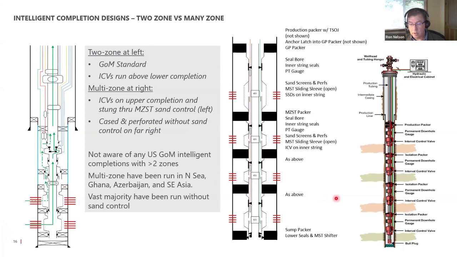Having said that, there are really good examples elsewhere in the world where they've run many ICVs in a completion. In the North Sea, I think Johan Sverdrup, right now with Equinor, they're running a design similar to this one over here on the right that has no sand control, but they're running strings of ICVs as part of the upper completion. There's the TEN field in Ghana that Tullow operates, which is similar. BP in Azerbaijan has similar completions, and there are others in Southeast Asia. The vast majority of completions that have more than say 3 or 4 ICVs have been run in wells